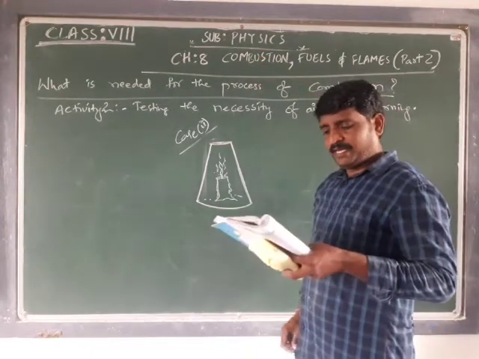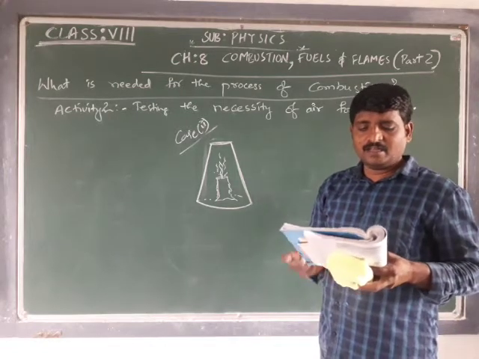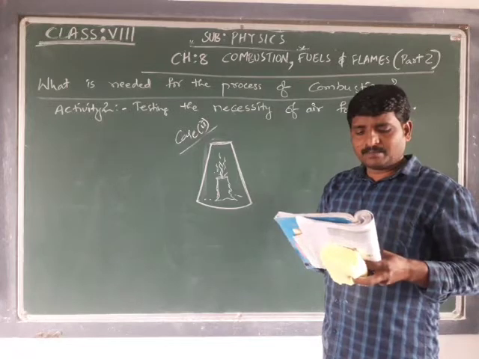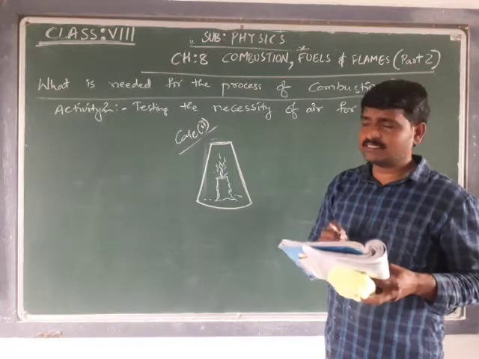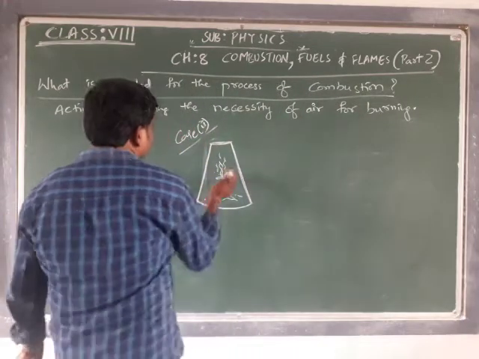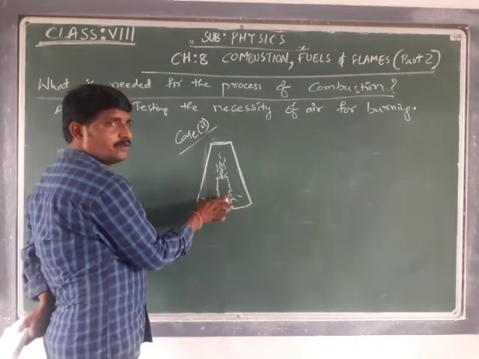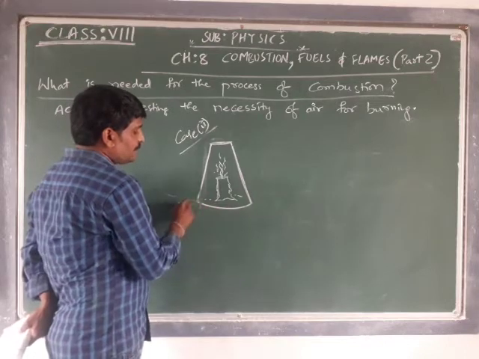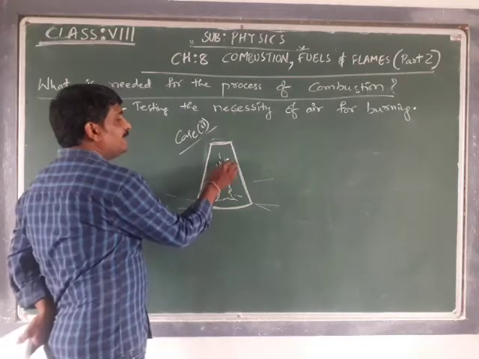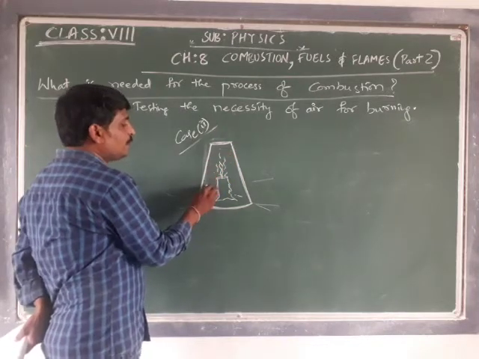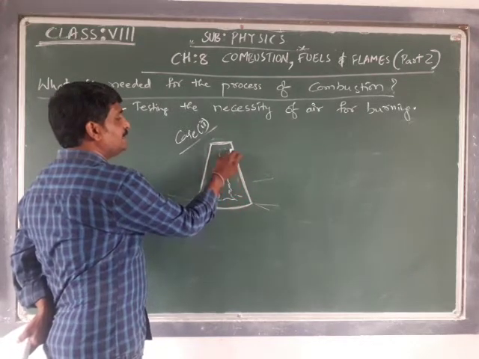What do we notice? What happens to the candle? Notice carefully. We find that putting the glass tumbler over the candle cuts off the supply of air and the candle flame goes off. In case 1, whenever we put the tumbler inverted over the burning candle, the supply of air to the candle is cut off, and the candle keeps burning for some time, depending on how much oxygen is present.